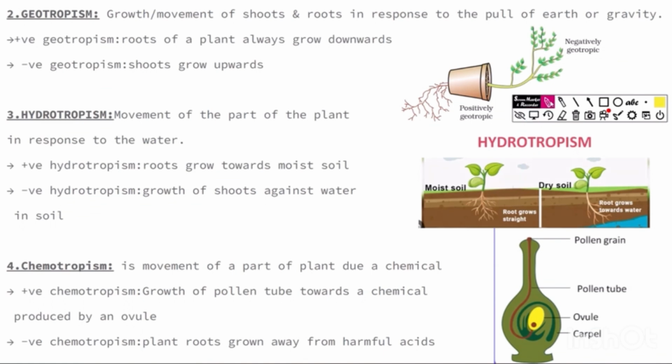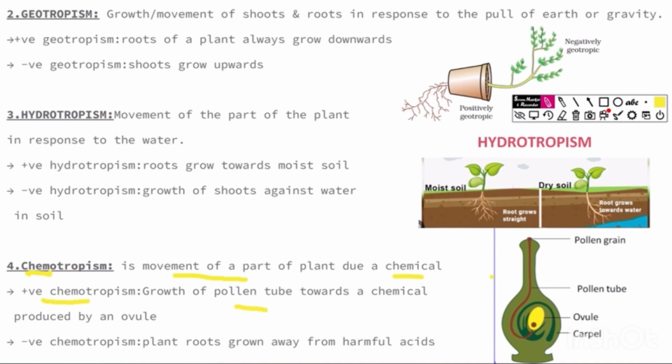The next which we have is chemotropism. Here again, if we break the word, chemo means chemical. So tropic movements which are stimulated by chemicals constitute chemotropism. It is the movement of a part of the plant due to some chemical. Now what is an example of this? We can see positive chemotropism in the growth of